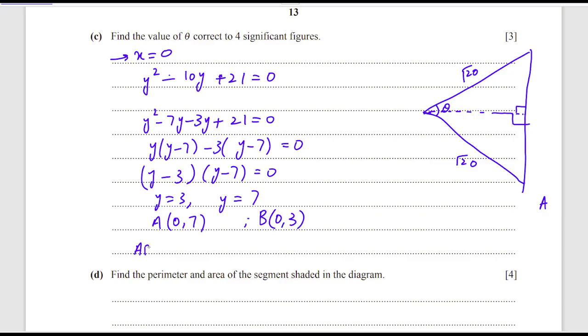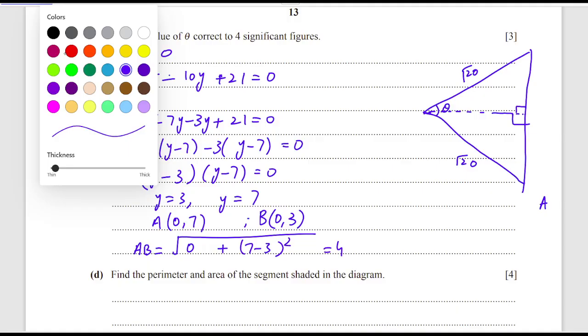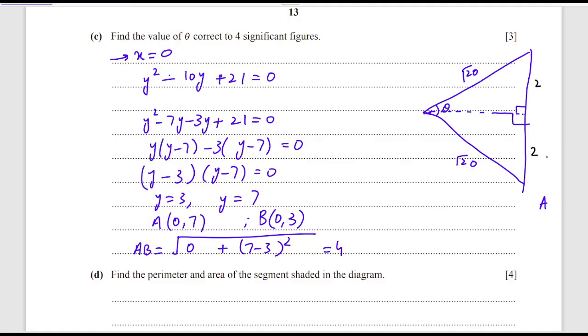Now the length AB, using the distance formula, equals the square root of (y2 minus y1) square plus (x2 minus x1) square. So it's 7 minus 3, which equals 4. So AB is equal to 4, meaning this whole length is 4. So this length will be 2 and this length will be 2. Now to find angle theta, let this angle be theta over 2 and this angle will also be theta over 2. So applying sine of theta over 2 is equal to